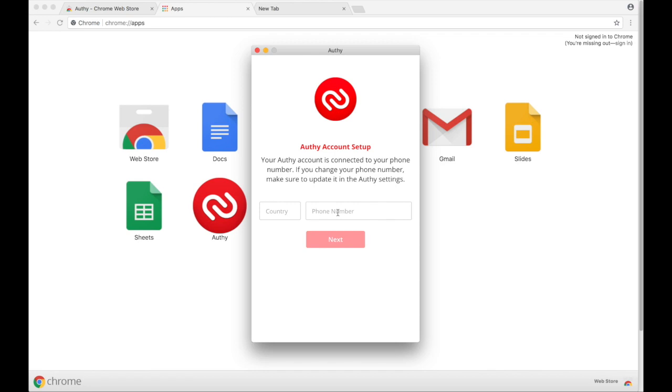They might ask you to come up with a backups password. All they're asking you to do is to put a password in there so that if you delete the app or get a new phone, you can recover the logins to that new device. So they might look a little bit different, but they all pretty much act similarly. So here I'm going to click on country. I'm going to scroll down, choose United States of America, put my phone number in,